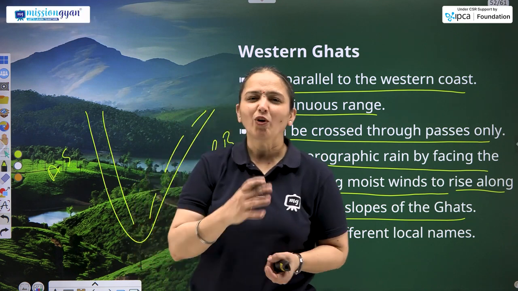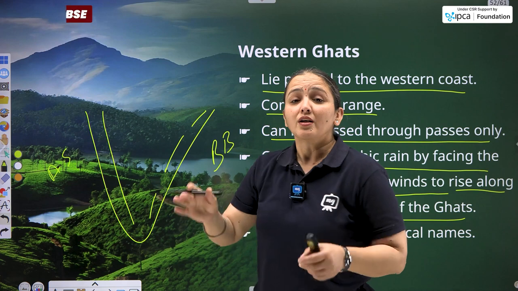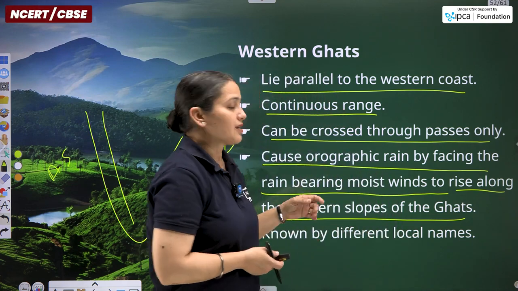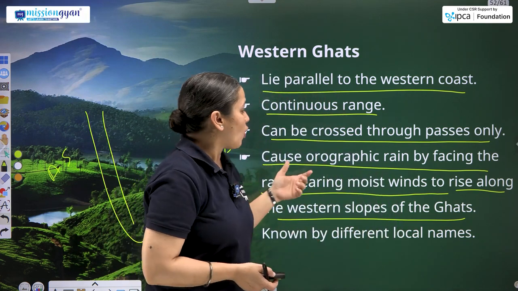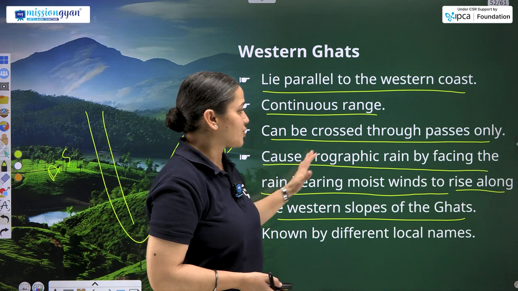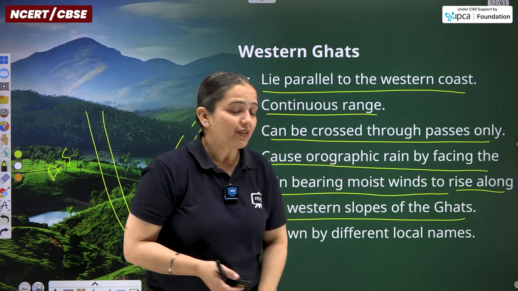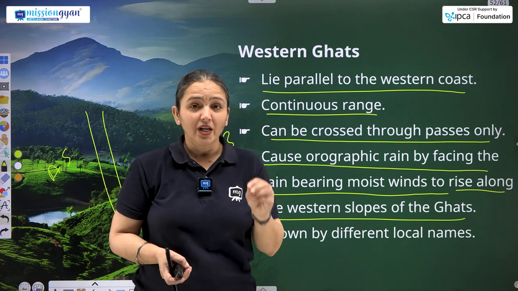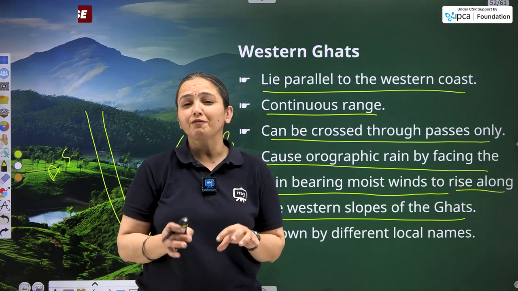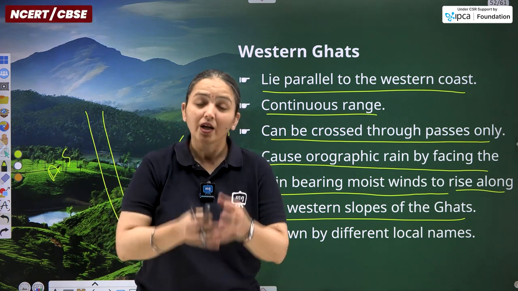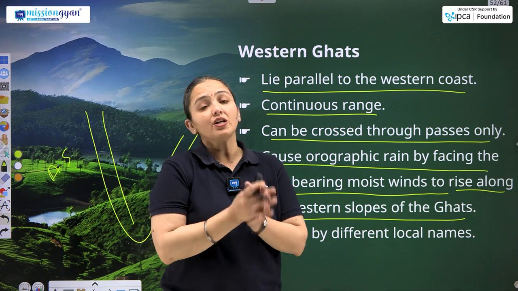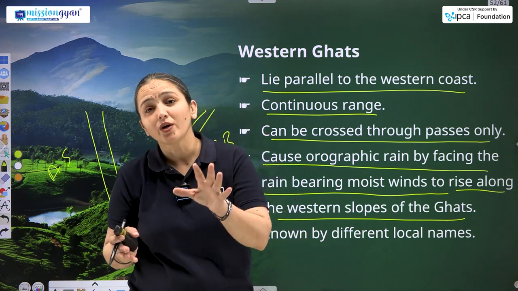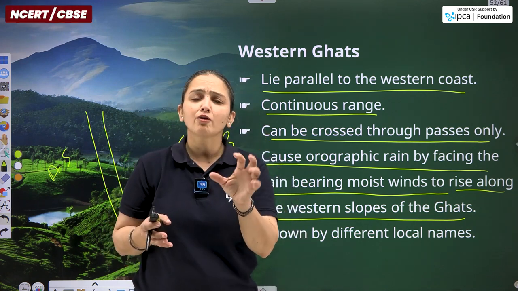I don't think all of you are able to get it at first. So what does this entire statement say? Let's read it once. Cause: Western Ghats causes orographic rainfall. Orographic rain means the rain that occurs due to the presence of a particular physical feature. The physical feature we are talking about here is mountains, the hilly or mountainous region